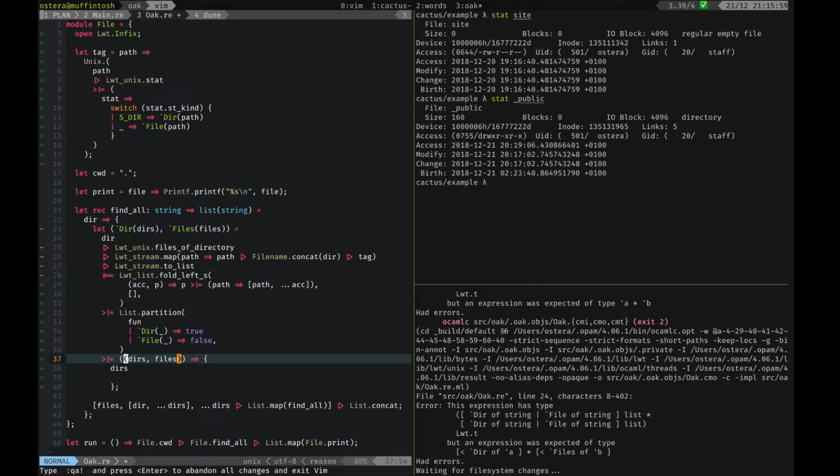So essentially, we want to take these directories and we want to recurse over them. So we want to map each one of them to a promise by calling find all, right? List.map. And once we're done with all of them,